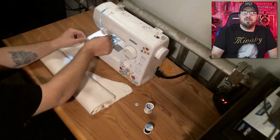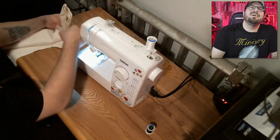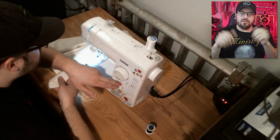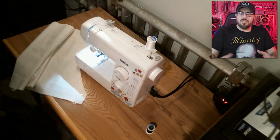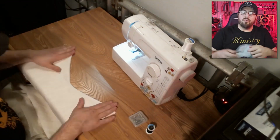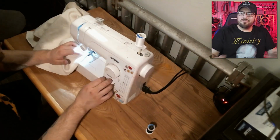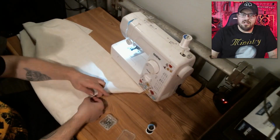So once I had everything pinned, I took it over to the sewing station I have over here, and went to town sewing the very top, just from corner to corner down the center, just the very, very top. And once I had the whole top sewn, I flipped it inside out, and inverted the whole thing, and then repinned that side that I had sewn and sewed it again. I don't know why. I think I just did it for extra security to make sure that it never comes apart. Most of this is never going to be seen anyway, but